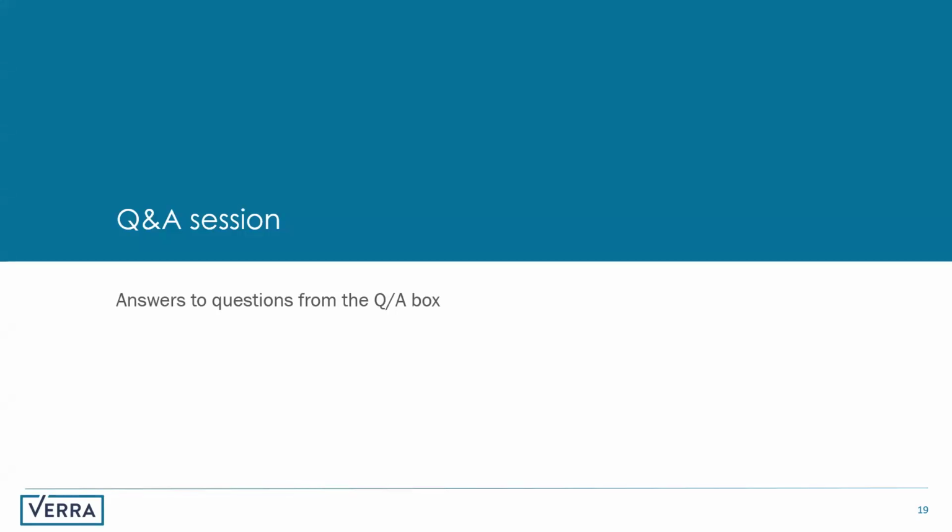So Sammy, any other question you would like to take? No, let me keep looking though. Yeah, so we've got a few harder ones, probably best not to answer verbally, but I'm going to do it anyway. So we've got a few questions about the nexus with VM42. We've got one question which says, we've already got a project in VM42, and we've got another one which talks about fallow periods.